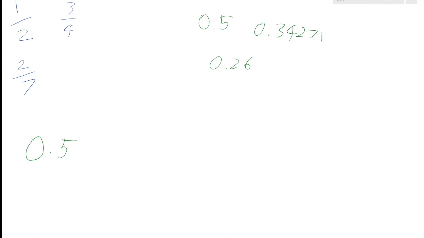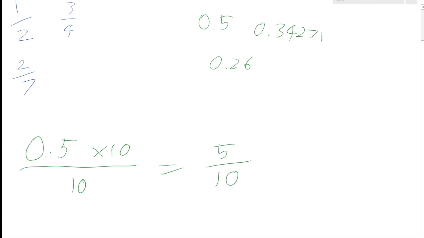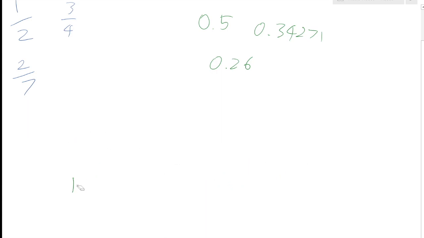What I'm going to do here is 0.5 times 10 divided by 10. Except I'm going to rewrite that divided by 10 as a fraction. So here we then have that 0.5 equals 5 over 10. 0.5 times 10 is just 5. And then we can cancel out the factor of 5 to get that it's equal to a half. If we do that for the other two decimals that I've got written down here, we've got